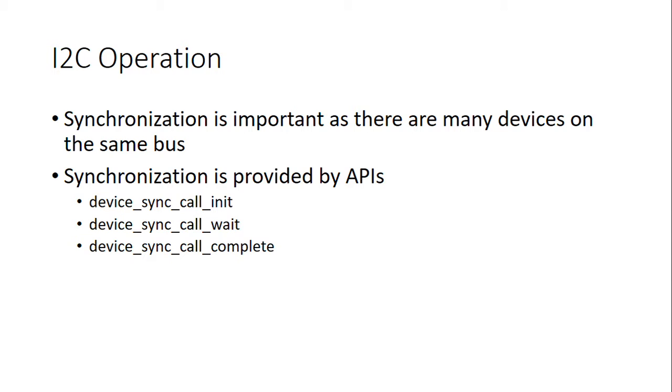Call init will initialize. Wait is going to wait for the operation to complete, and when it's complete, the bus will be open for operation. So we can have these initialization APIs. With this, we can have synchronization between the devices, so that at a time only one device is being used, only one request is executed among the devices, and all those slaves can actually use it